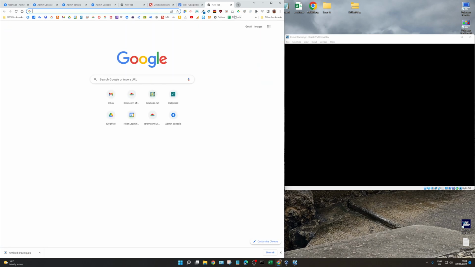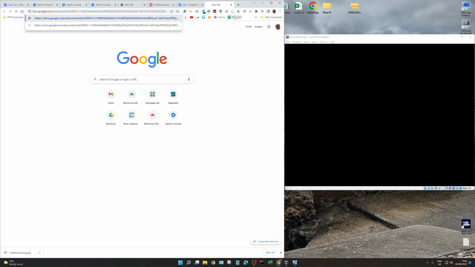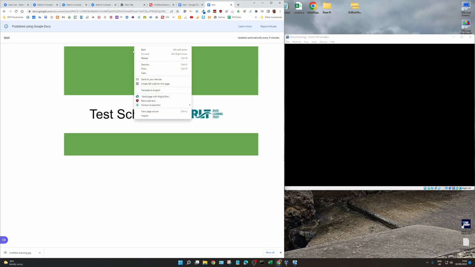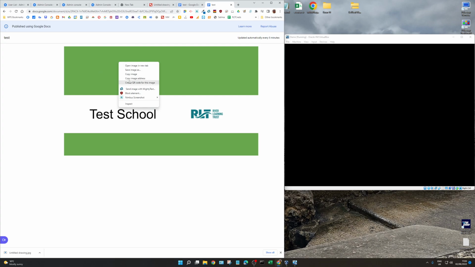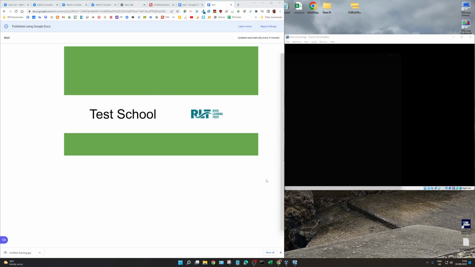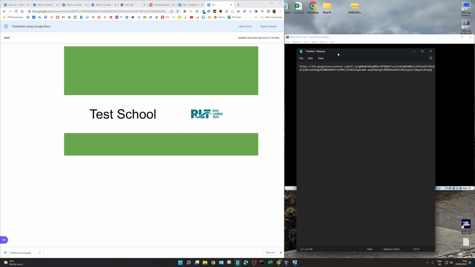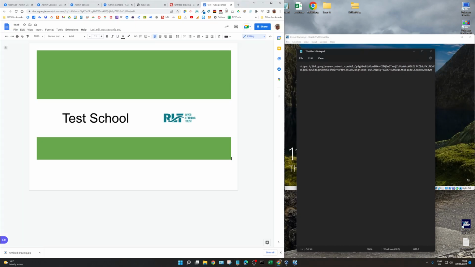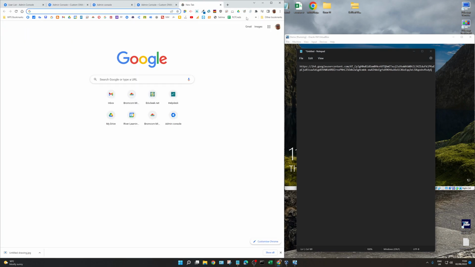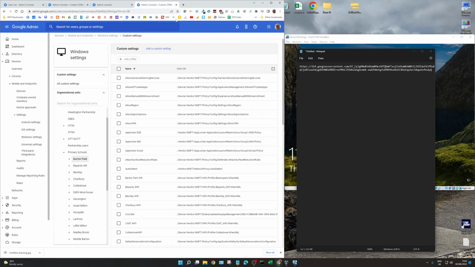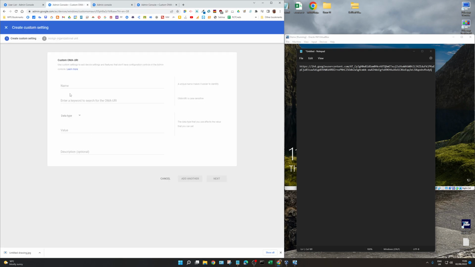Okay. And then this is the published link. Right click on the image, copy image address, just fire up Notepad. So we've got a URL to our cloud desktop now. Close all that now. So if we go back to the admin console, and here,